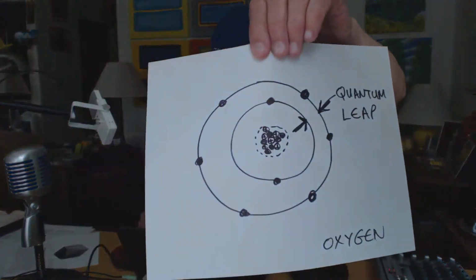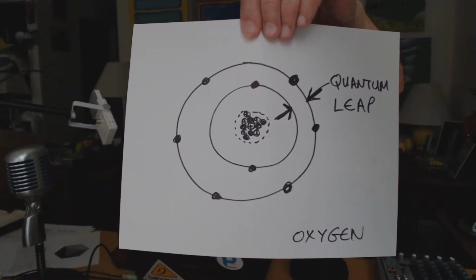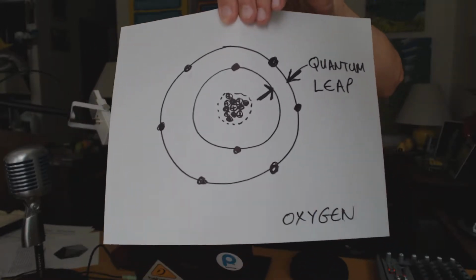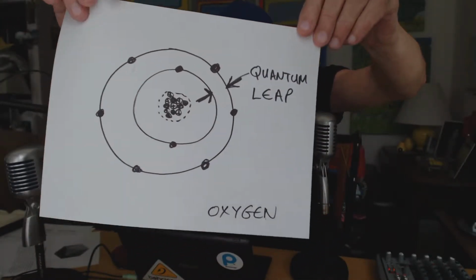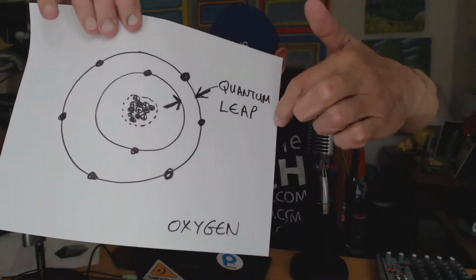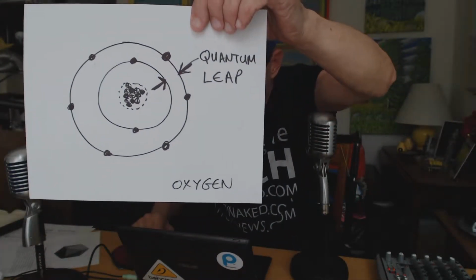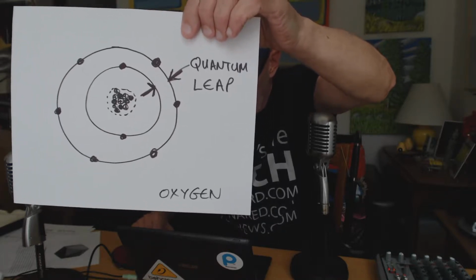And one really common one here, I'm going to try and get this up in front of the camera, is the term quantum leap. A quantum leap is the very smallest leap you could ever possibly make. This is a really crappy drawing of an atom of oxygen, and in the center is a nucleus, over there somewhere. And around it, sort of like in onion shell type layers, you will find the electrons.